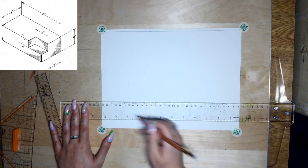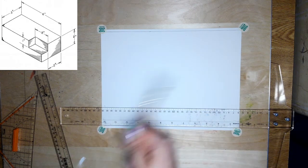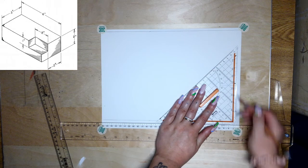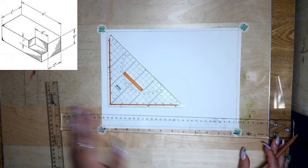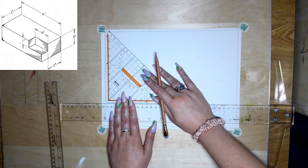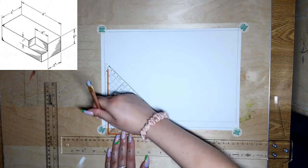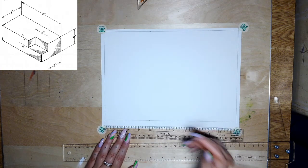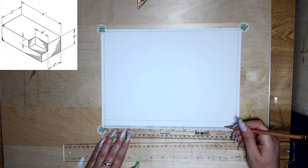Guideline across, always making sure that I am keeping my T-square flush against the side of my drafting board. And as I do that, always keeping my triangle flat against the T-square. And then for my title block, I'm just going to measure out 4, 3, 2, and then,